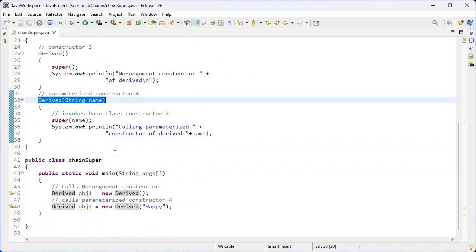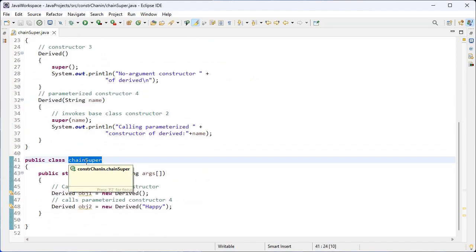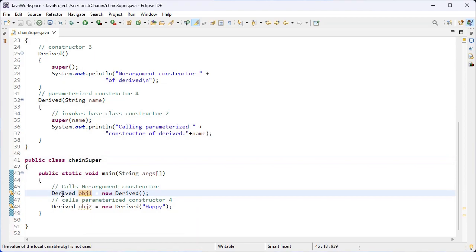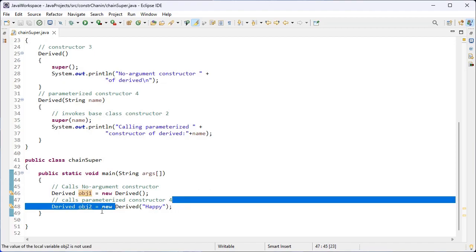And here I have created the ChainSuperClass. Inside this class I have the main method. Execution starts only from the main, so my file name should be the same as this class name. And here I have created the objects for the derived class, object 1 and object 2. I have used the default constructor for object 1 and the parameterized constructor for